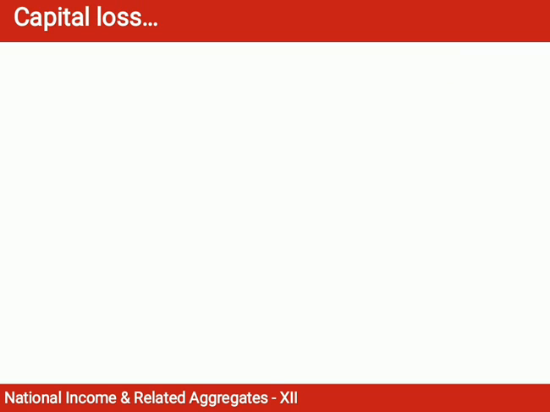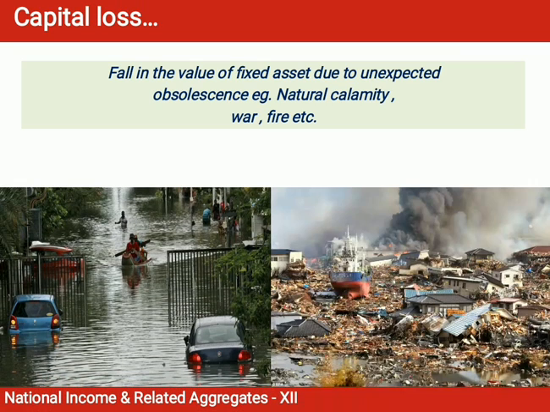So the next concept is very important. Students are also confused between the concept of depreciation and capital loss. Capital loss is the fall in the value of fixed assets due to unexpected obsolescence, for example, natural calamity, war, fire, etc. The basic difference between depreciation and capital loss is that